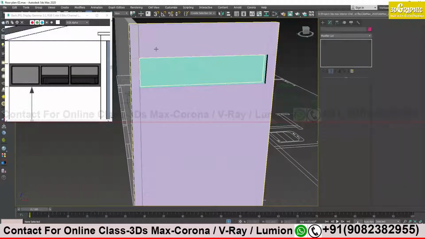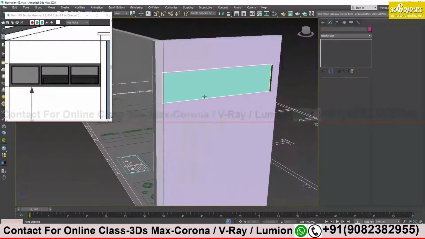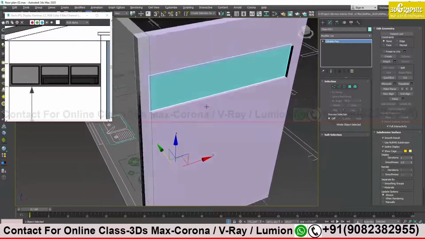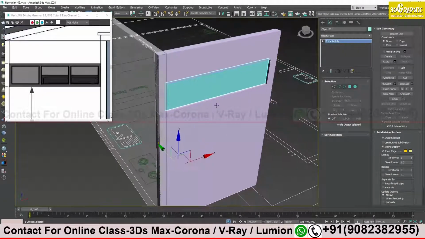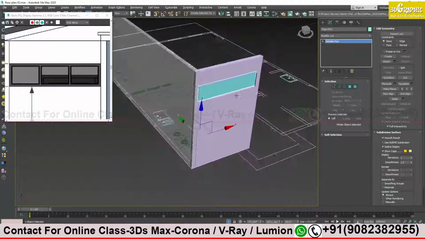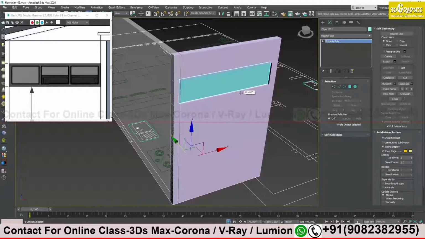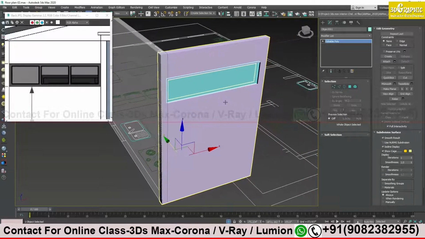So I have my window gap, I have my glasses. What is left? Frames. The frame is left, no? We already discussed how to create frames, so you have to do the frames. Both of you now try this. Create a wall, create a gap, create a glass and also create a frame on this. Okay? Try by yourself, both of you, and let's see. If you have any doubt, just let me know.